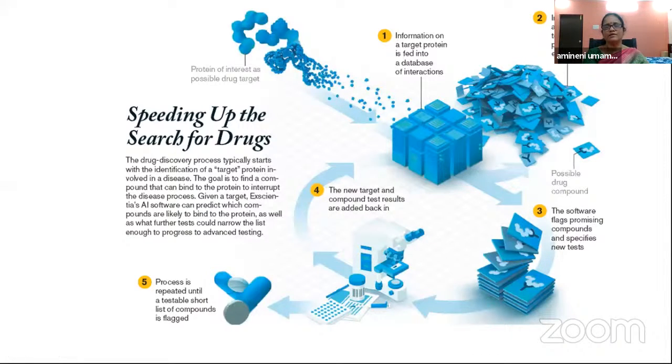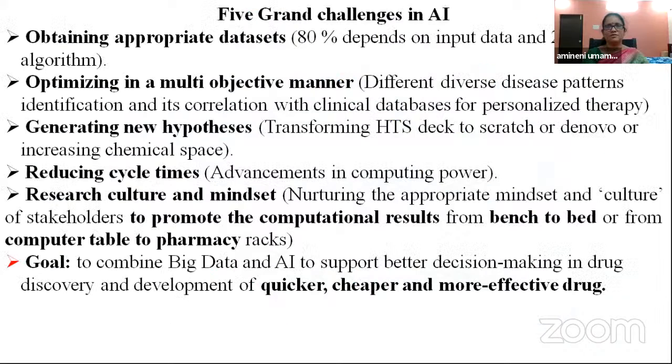Like right now we are repurposing drugs for COVID-19. Remdesivir was previously developed for malaria. So if we have this type of database of druggable molecules, and we have a novel target, by going through this cycle we can propose a molecule as early as possible. Generally it takes 15 to 20 years to get a molecule. For COVID-19, we got molecules within three months because of this methodology.